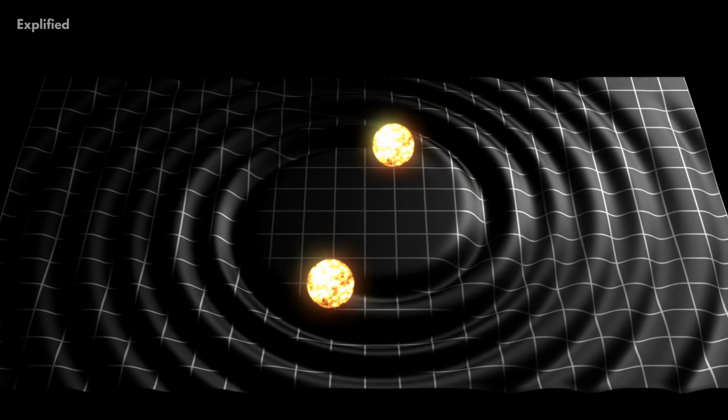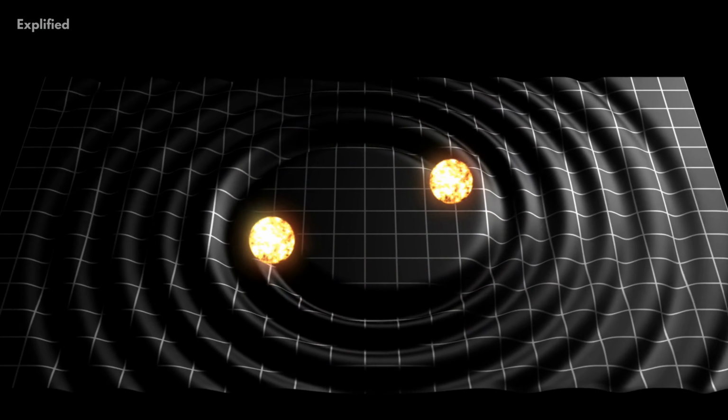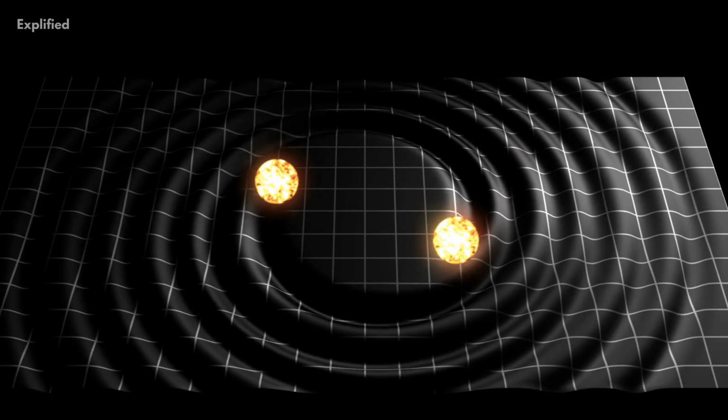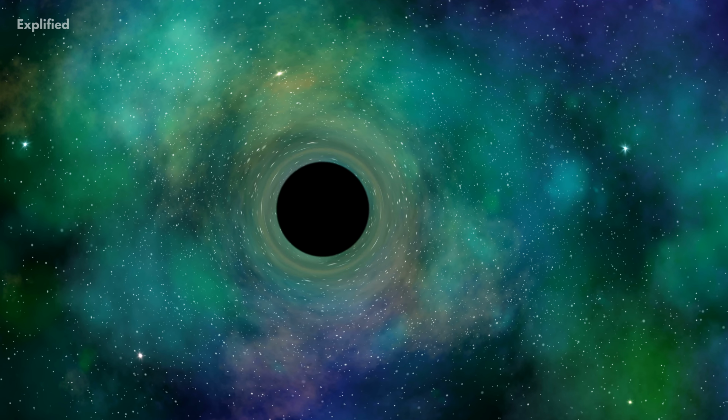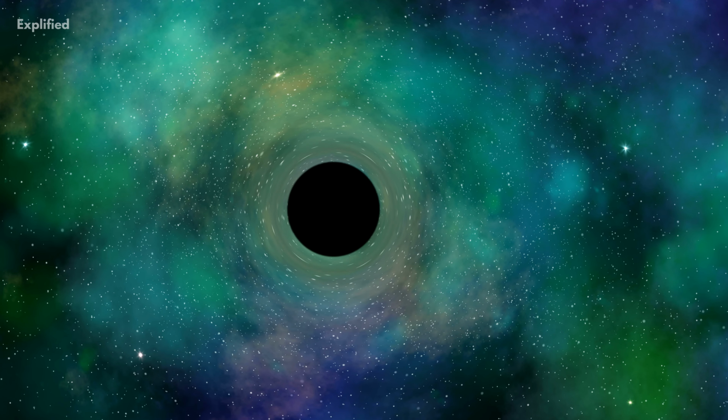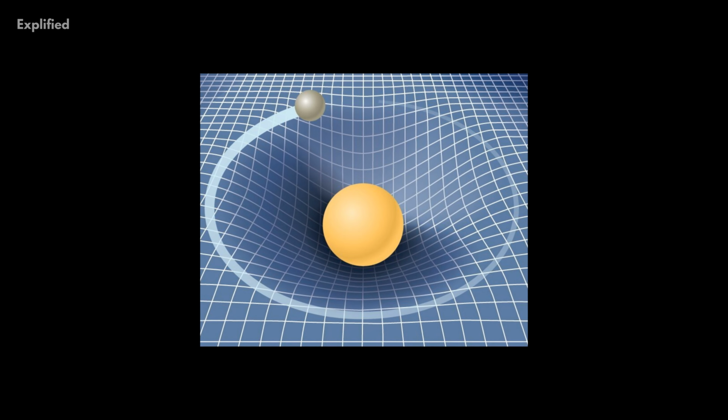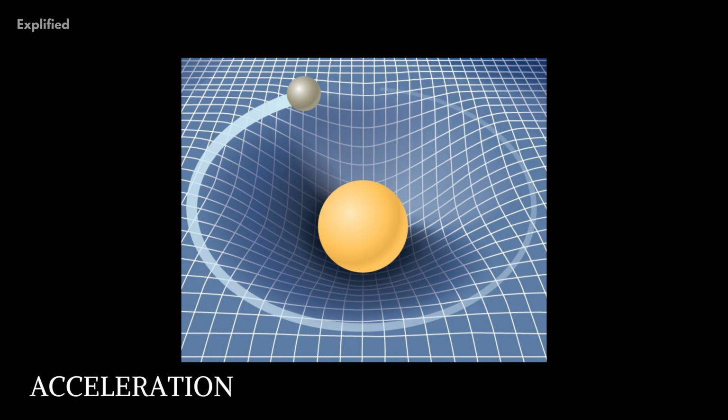The spacetime fabric is often compared to a trampoline with a bowling ball lying in its center, and another small ball away from it. The bowling ball will create a depression at the center, due to its weight. The rest of the trampoline will curve around it. Now, the small ball lying at the end of the trampoline will slowly start to move down towards the bowling ball at the center. There is no real force that's attracting these two balls, it is merely acceleration.